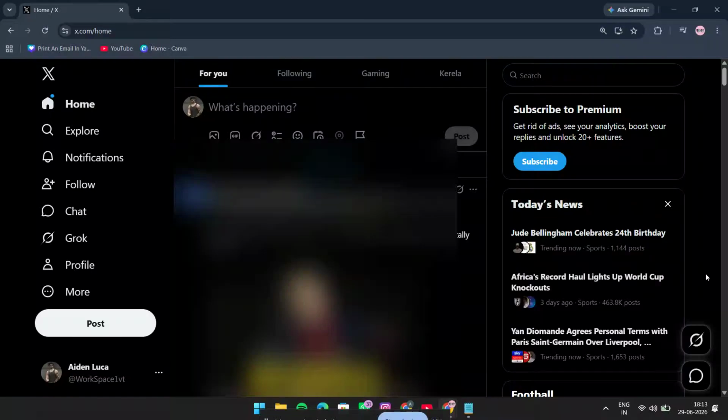If you want to see follow suggestions on X, formerly known as Twitter, this quick guide will show you exactly where to find them. This is a simple way to discover accounts you may want to follow, and it only